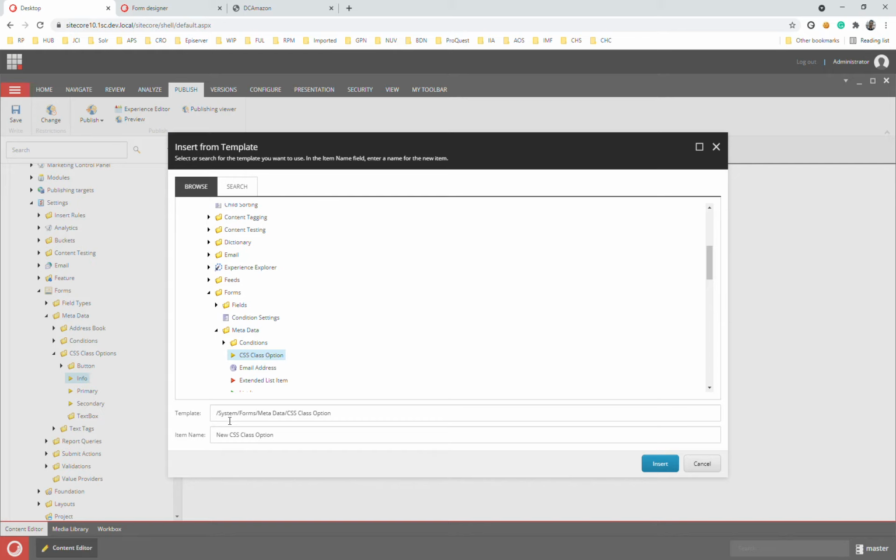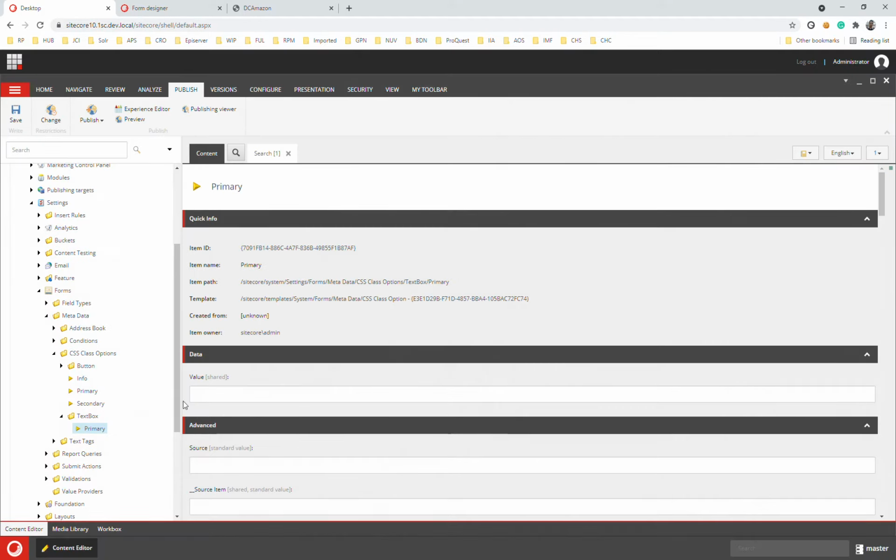So this is the location, and you can add a CSS class option by giving a name. For example, I will give the primary name here for the text box, so I can add that. Okay, that inserted, and I can give txt-primary as a CSS class name.